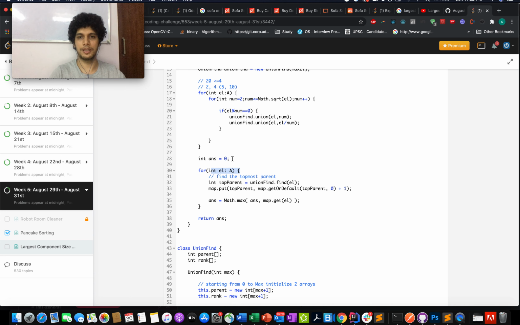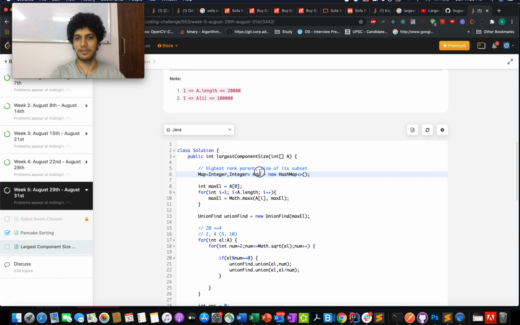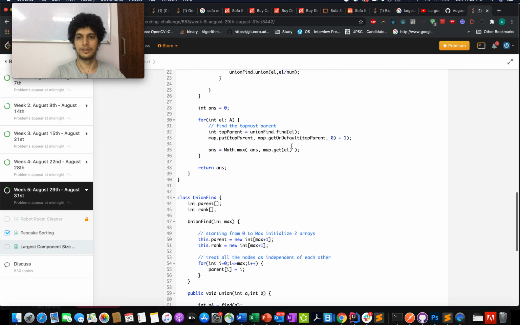The complete configuration has been created. Now you iterate through the complete array and find the topmost parent using the union find method, passing the el element, and you update the map that we have created with respect to the parent and the size of its subset accordingly. You have to increment it by 1 every time you get the same parent.